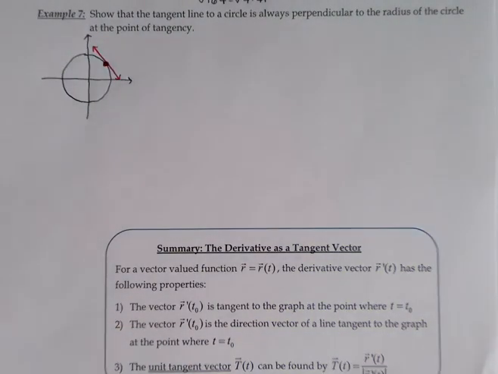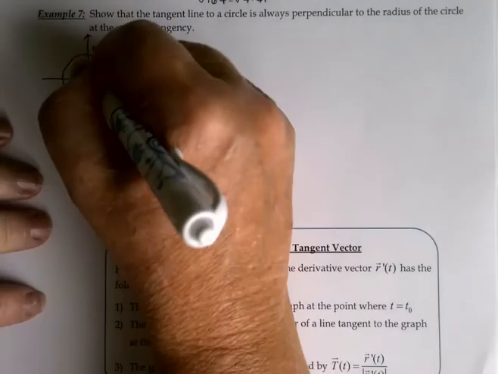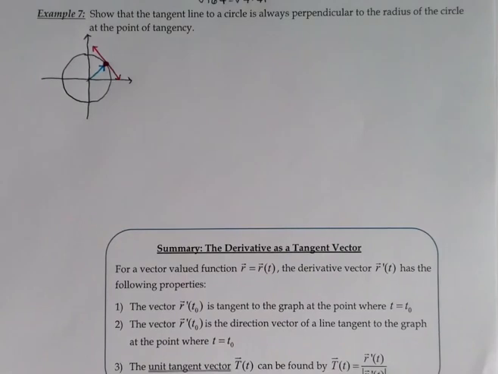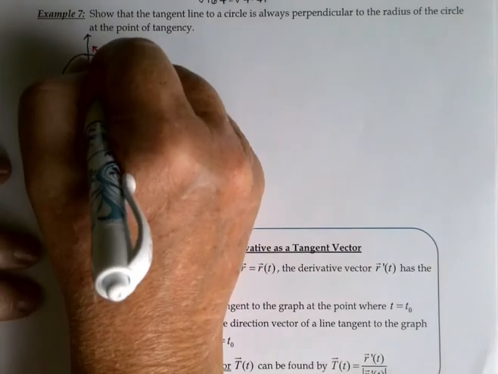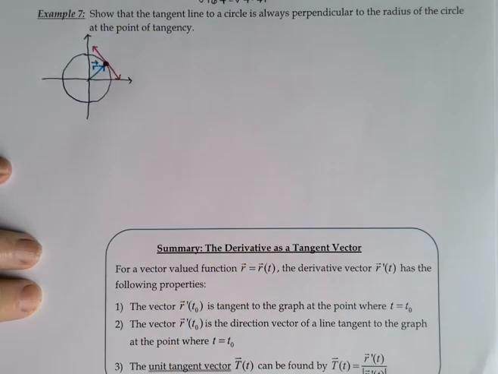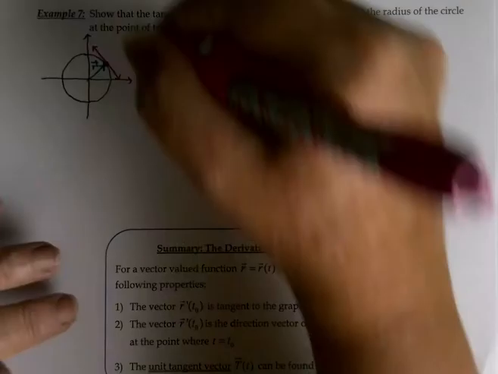And we're supposed to show that it's perpendicular to the radius of the circle, which I'm going to actually draw as a vector. So let's see here. If I consider this to be the vector r,